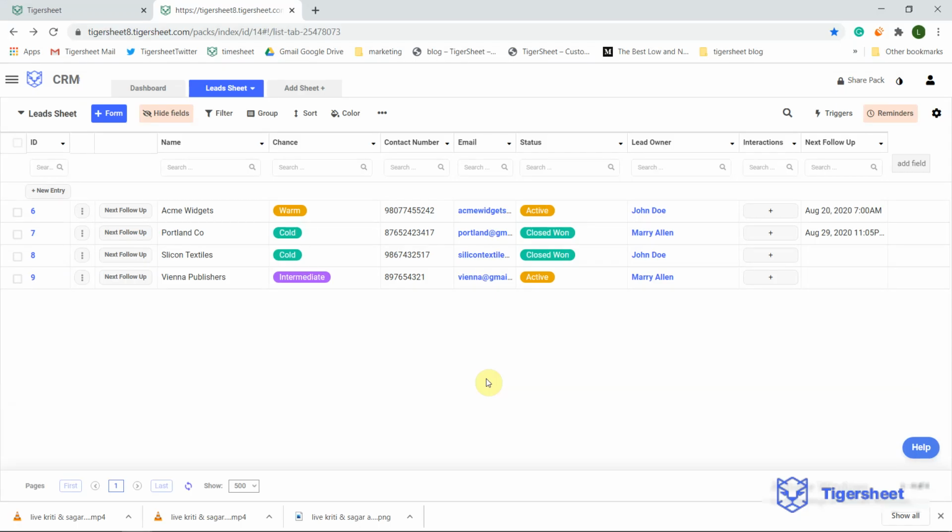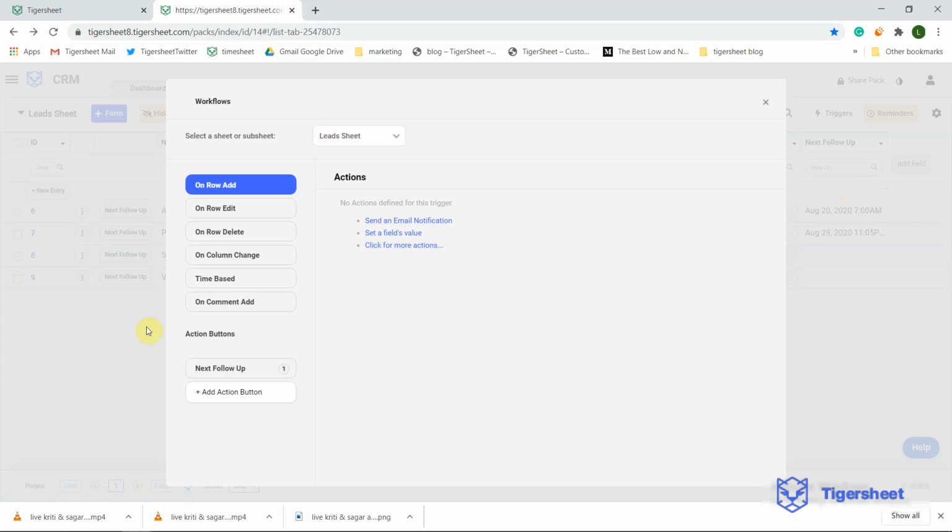Bob will now set certain automatic reminders to notify the salespeople about their upcoming follow-up with the leads. This will ensure sales success, and at the same time it will ensure that none of the sales staff in the organization will ever miss a follow-up with their lead. So Bob will now click settings and navigate to triggers. Here he'll be choosing a time-based action.